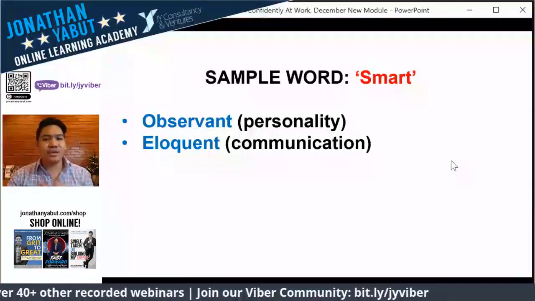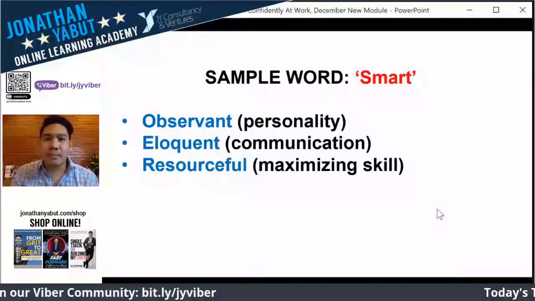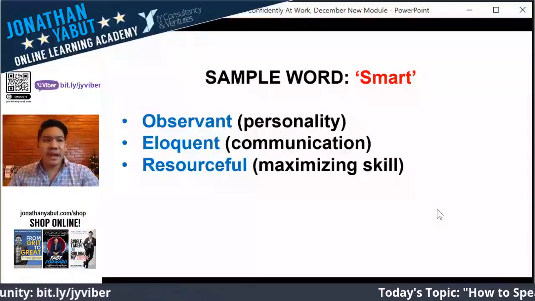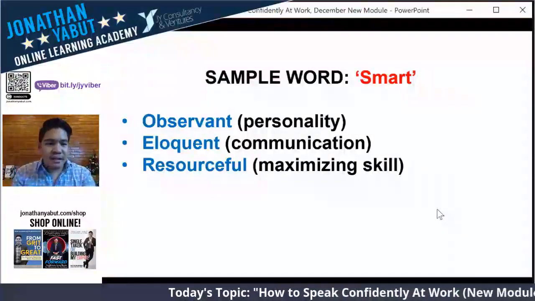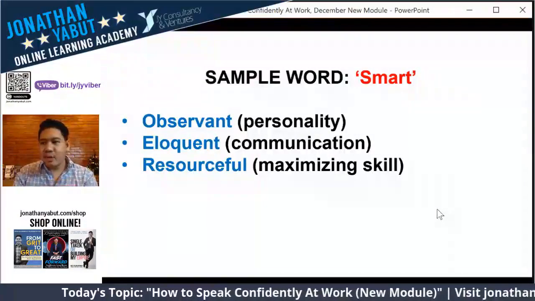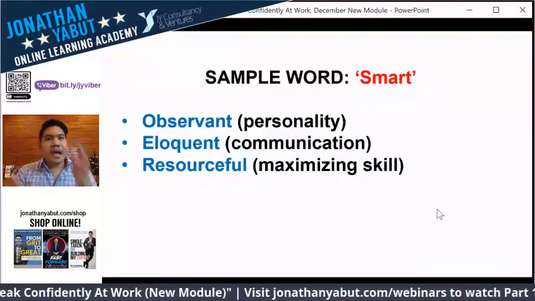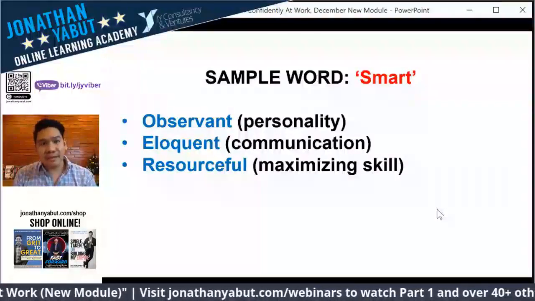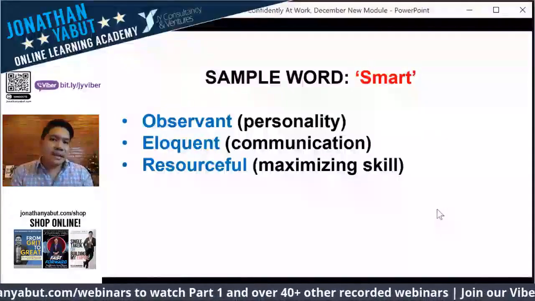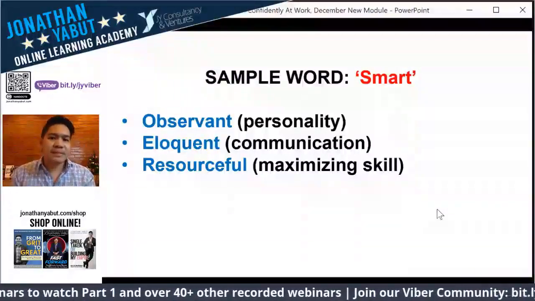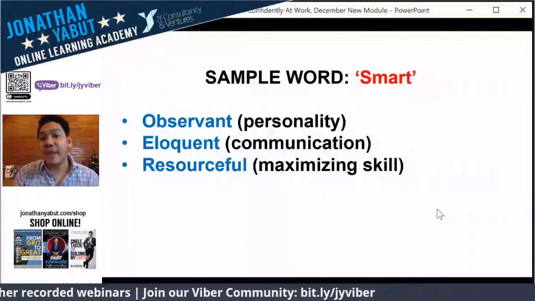Okay? Third one, let's say, for example, the person in the job interview, you gave him an IQ test, where they have to solve a puzzle. You give them a set of pencil and ball pen, or you give them a truck or a candle, and they have to do something about it. And the person got the question right. He was able to solve the puzzle. Many times, that ability does not mean that the person is smart. Perhaps the person is resourceful. Perhaps the person is innovative.